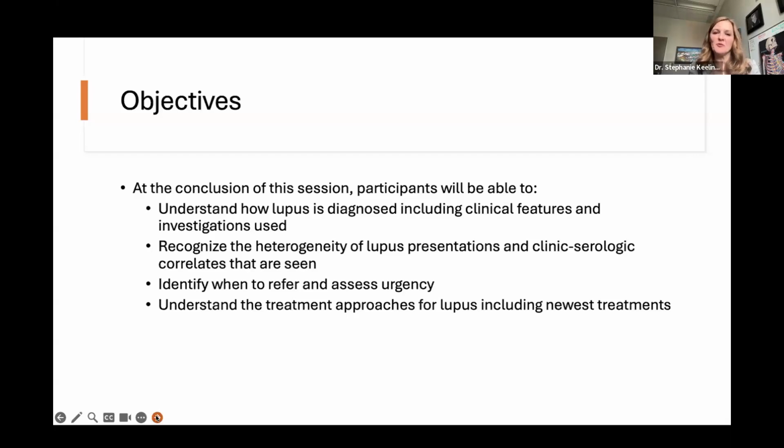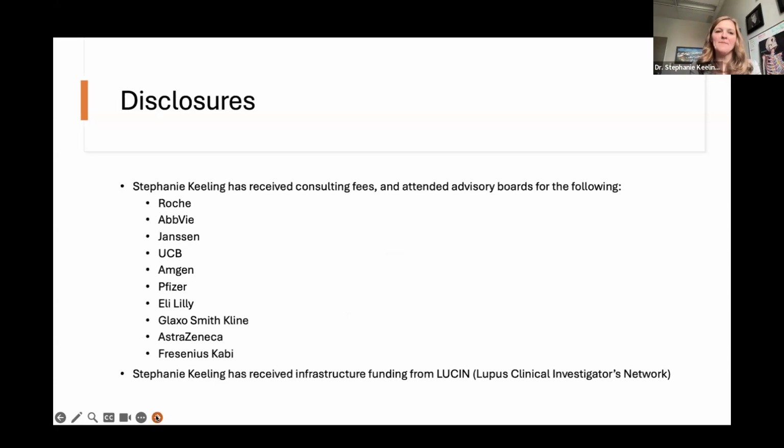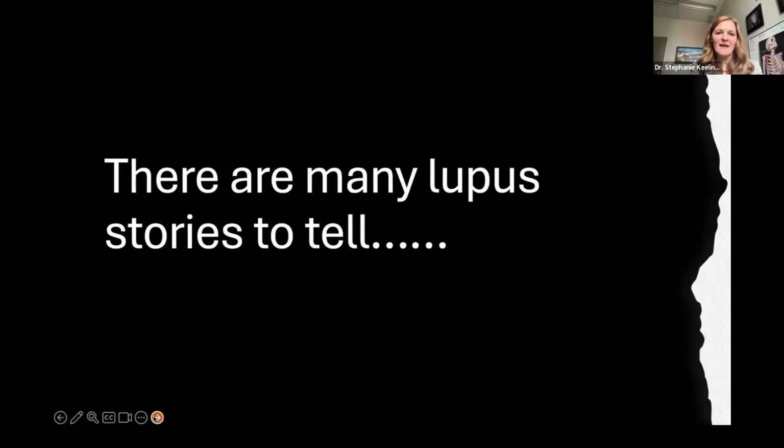And then a bit of the treatment approaches, because there's a whole new explosion of lupus treatments that are just on the cusp of coming out. So these are my disclosures. And I think I want to start by saying that as a rheumatology resident, I didn't appreciate the